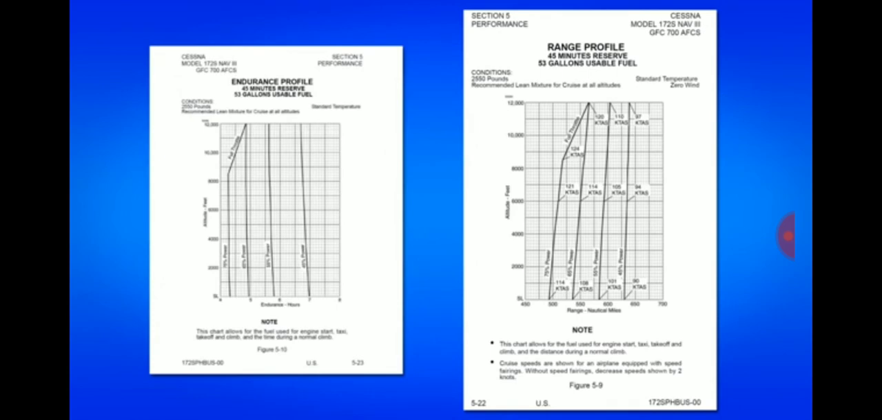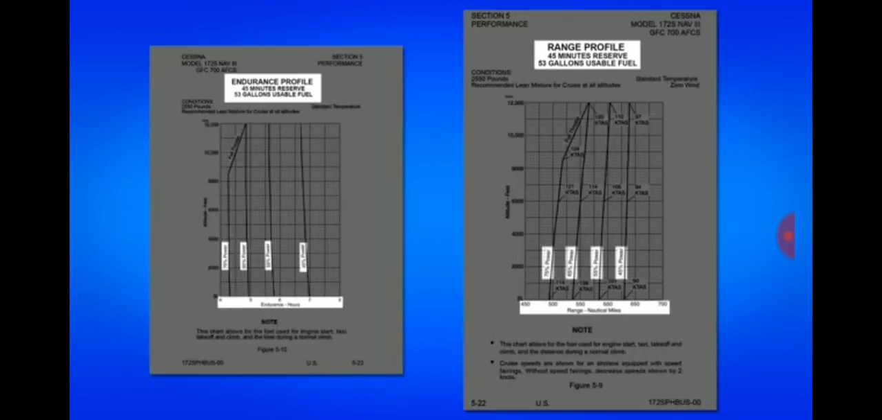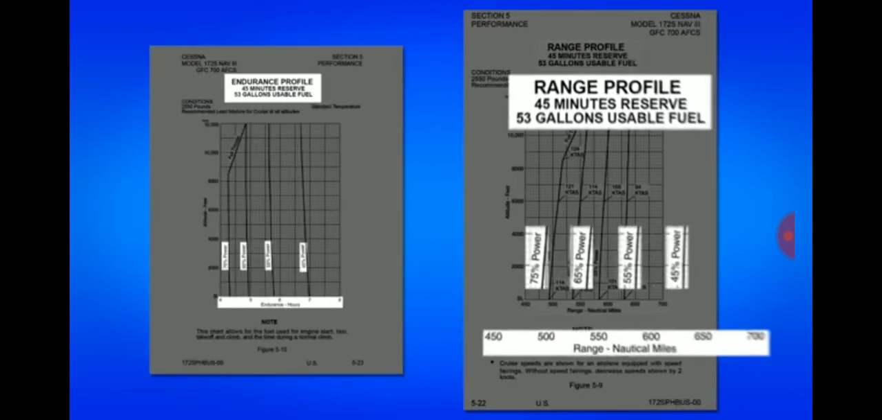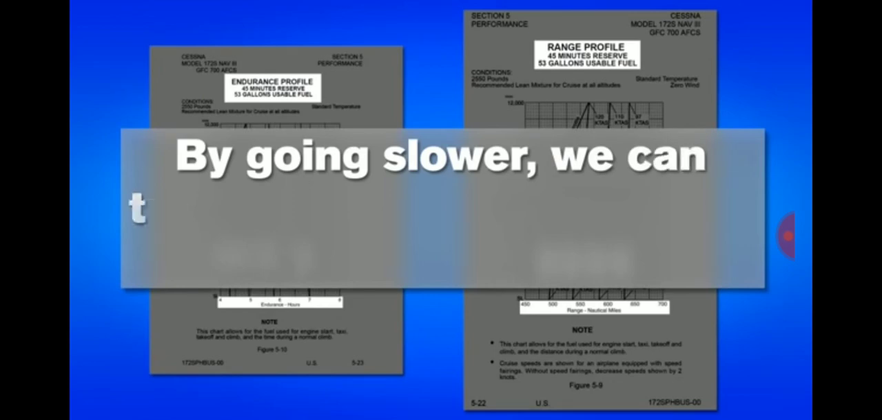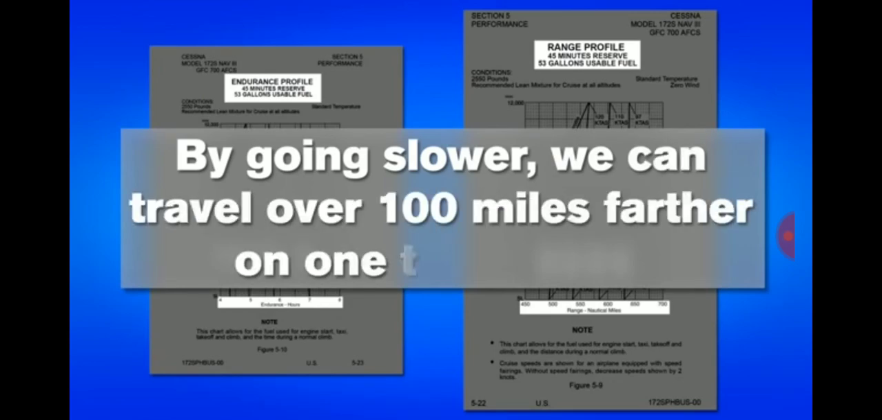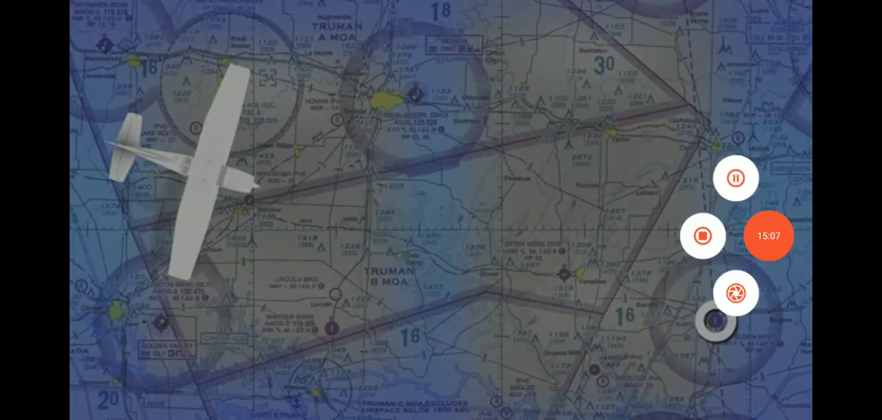If we also look at the range and endurance charts, we can see how changing the RPM of the engine can greatly affect both how far we can travel and how long we can stay in the air. By simply going slower, we can actually travel over 100 miles further on one tank of gas. If your destination is about as far away as your current maximum range, it may be wise to slow down to a lower power setting. You'd be able to make it all the way there without needing to stop for